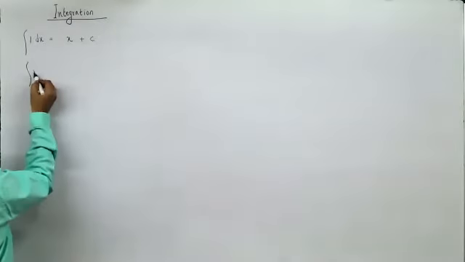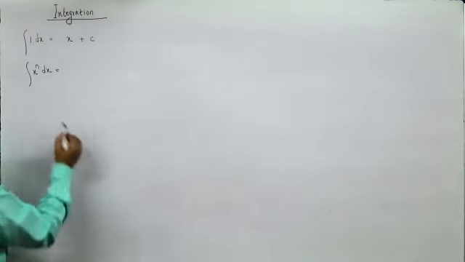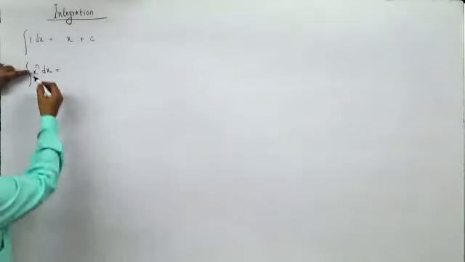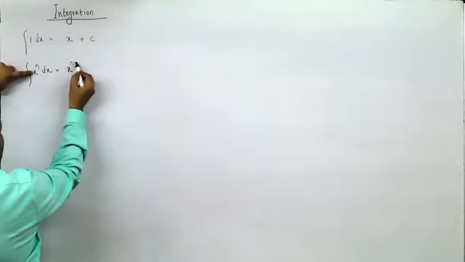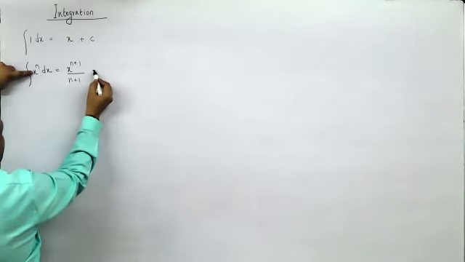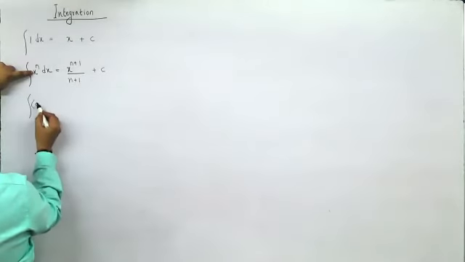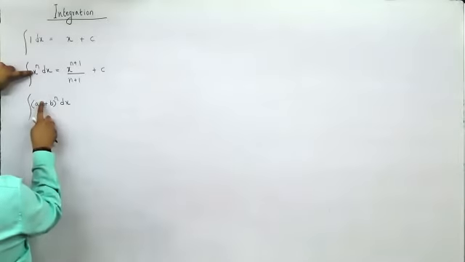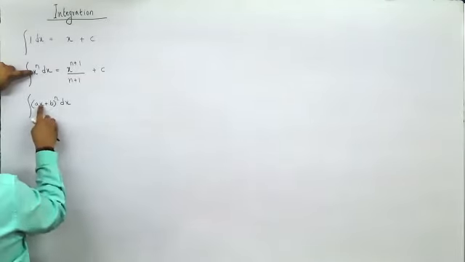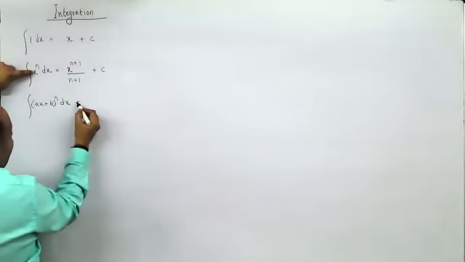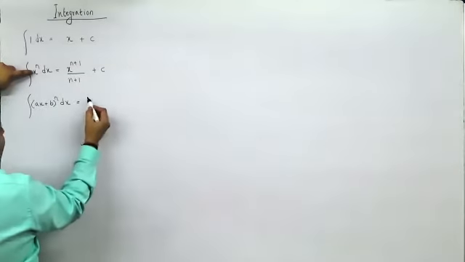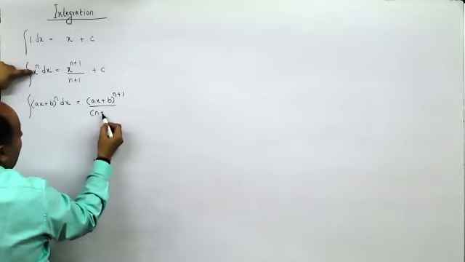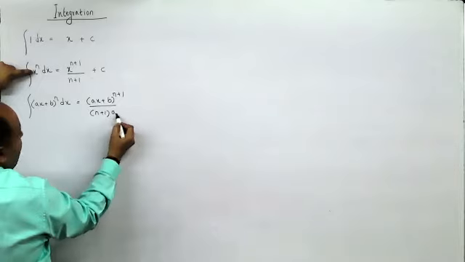I told you what is integration of x raised to n. You have to think derivative of what is x raised to n. Now, derivative of x raised to n is n into x raised to n minus 1. Your integration of x raised to n would be x raised to n plus 1 by n plus 1 plus c. Here, if it would have been ax plus b, and if this is linear, that means if the power is not more than 1, if the power is 1 itself, then you can treat this as x. You can write this as x raised to n plus 1 divided by n plus 1, and then the x coefficient has to be divided here.